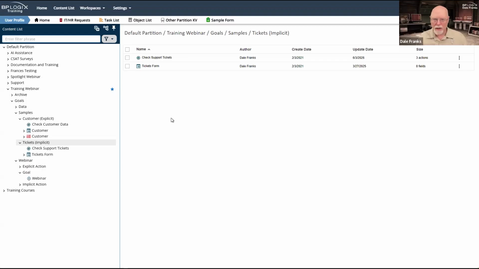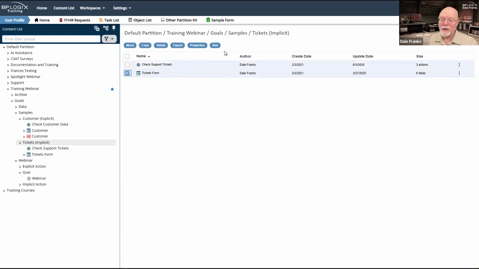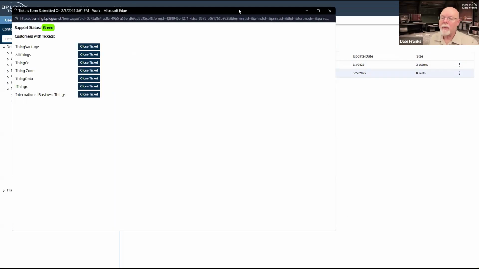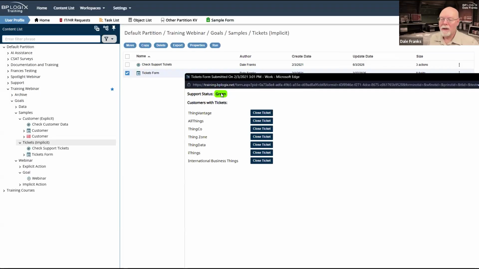For example, we could set a needed when condition. So the needed when condition could check to see if our status was red for our support tickets. And if it was, it might have a user activity that adds a second or a third user or a group of users to notify them that there are a bunch of support tickets that they need to take care of. We're not doing anything really impressive with this implicit action. All we're really doing is setting some text on a form. That's about the simplest explicit action we can do.